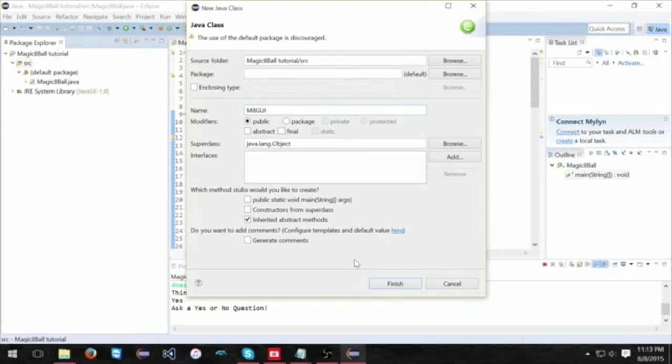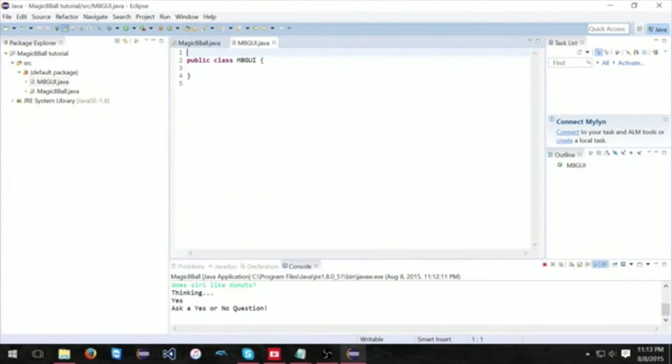And you don't need a main method because the main method is in the other class. Okay, so public class M8GUI. Let's do this. Make it a window. We have to do extends JFrame